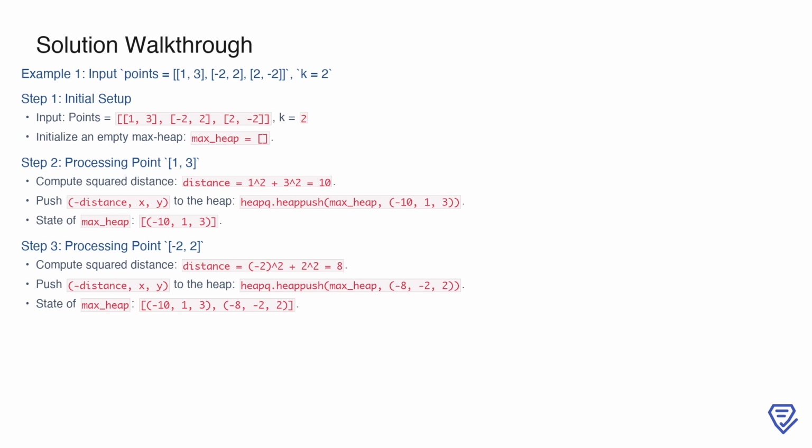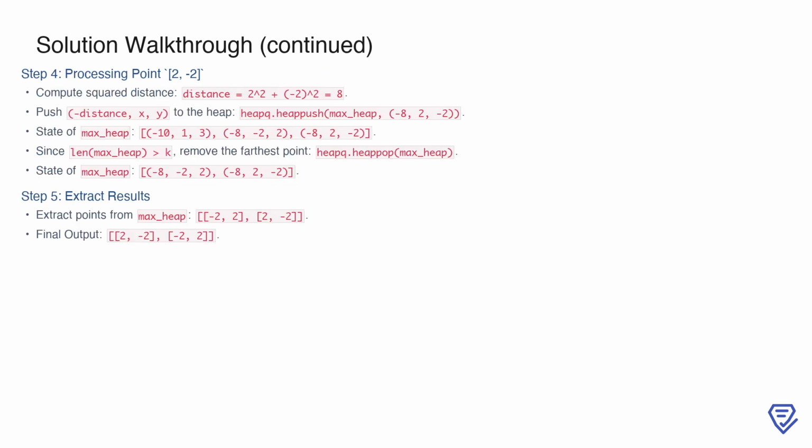We push this into the heap as -8, -2, 2, resulting in a heap state of -10, 1, 3, -8, -2, 2. Next, we process the point [2, -2]. The squared distance is calculated as 2 squared plus -2 squared equals 8. We push this into the heap as -8, 2, -2, updating the heap state to -10, 1, 3, -8, -2, 2, -8, 2, -2. At this point, the heap has more than k elements, so we remove the farthest point,